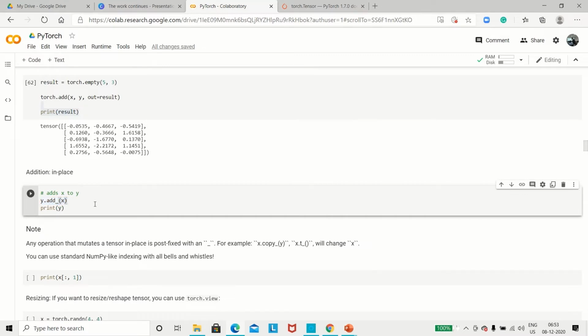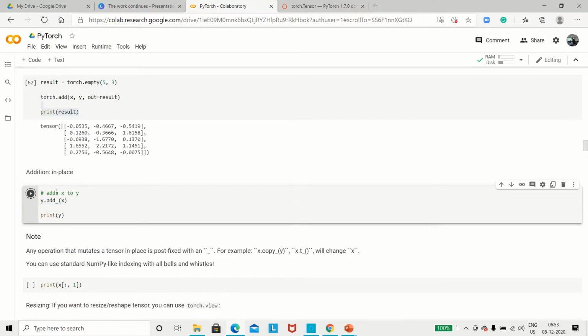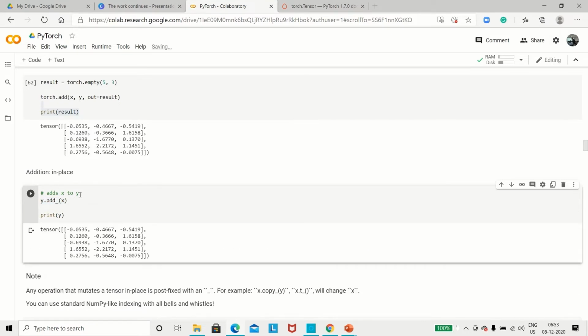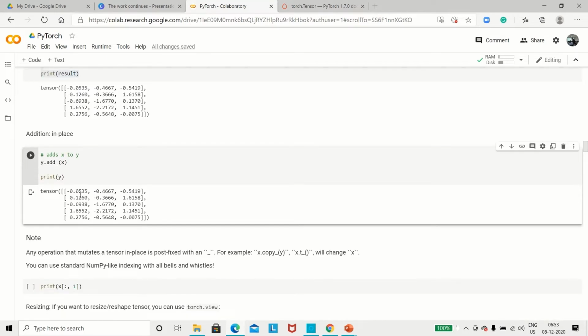And if you print this, it will yield you the same result. Okay, this is in place addition. So you don't need to use dot add or the plus command. You can simply use the name of the two matrices or the two arrays you want to add, and in between it would be the add underscore functionality that you have to use. Okay,